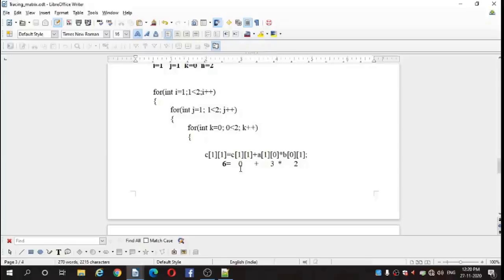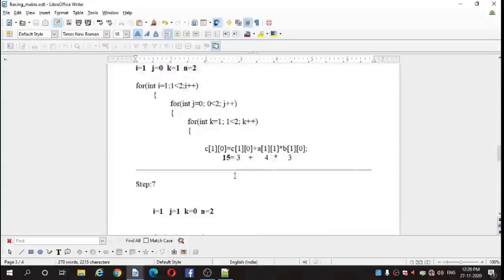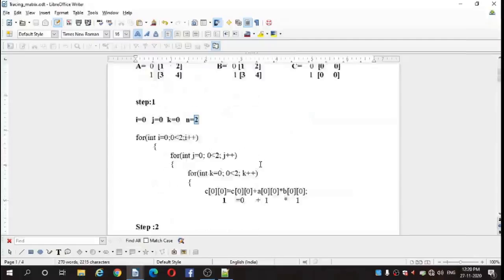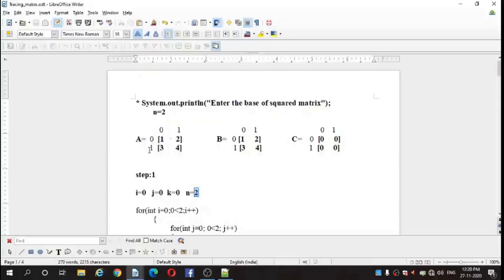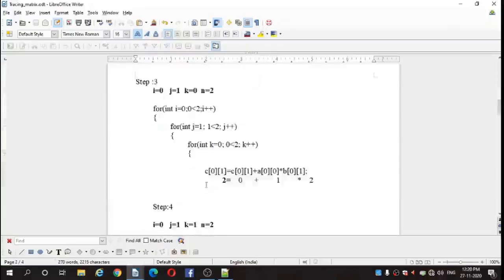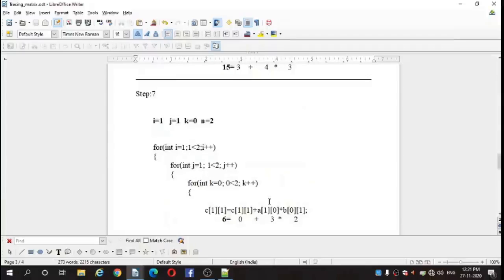C of 1, 1, initially we have the element 0, plus A of 1, 0, we have the element 3. You can see here A of 1, 0, we have element 3, into B of 0, 1, we have element 2.